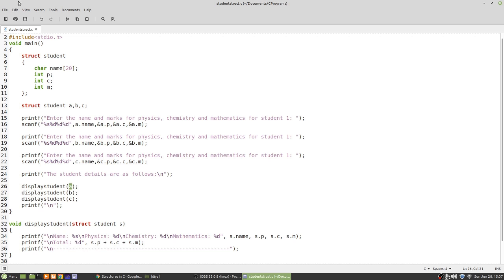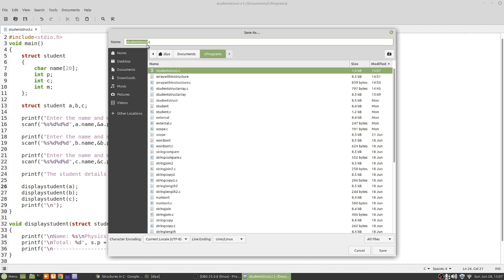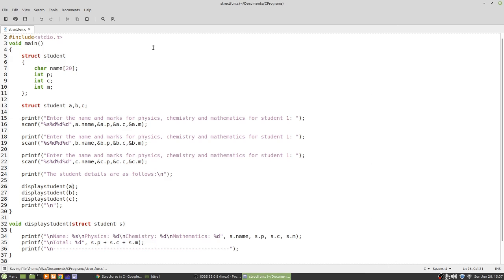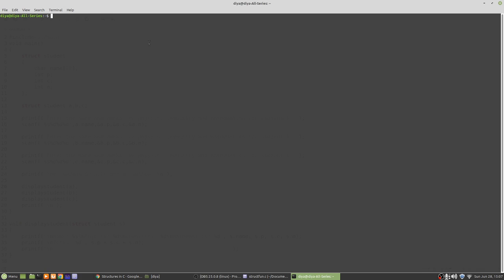I will rename this function as struct fun, and we will try compiling this program.